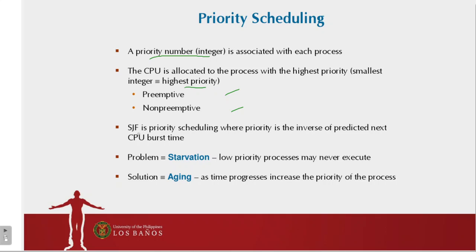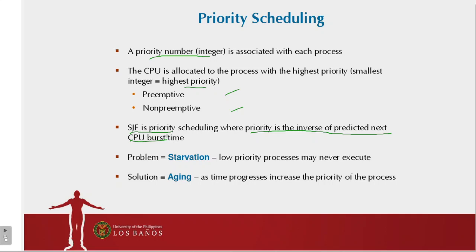So we can actually think of SJF as a specific instance of priority scheduling, where the priority is the inverse of the predicted next CPU burst time. You take that predicted CPU burst time value, take the inverse of that, and that will be the priority